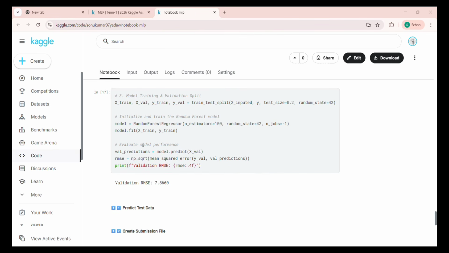Then working on evaluating the performance such as val_pred equal to model.predict(X_val) and RMSE equal to np.sqrt(mean_squared_error(y_val, val_pred)), then print validation RMSE, and we get the output validation RMSE is 47.8660. Then working on predicting the test dataset